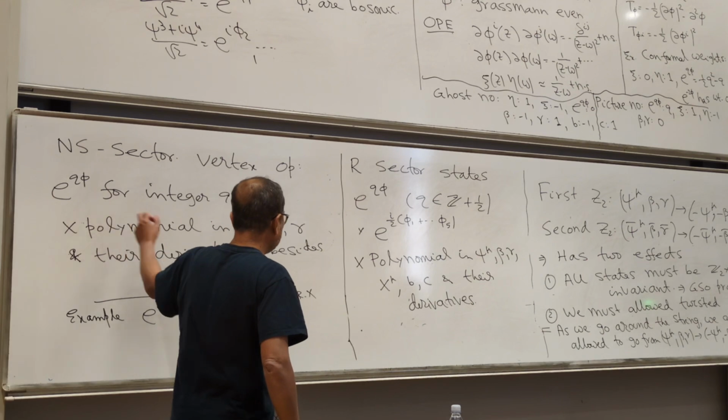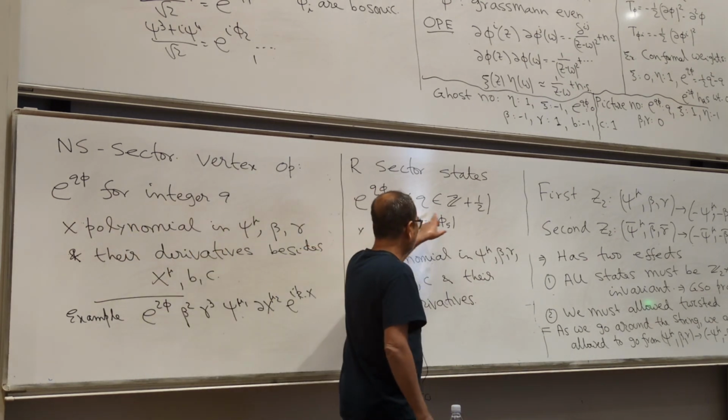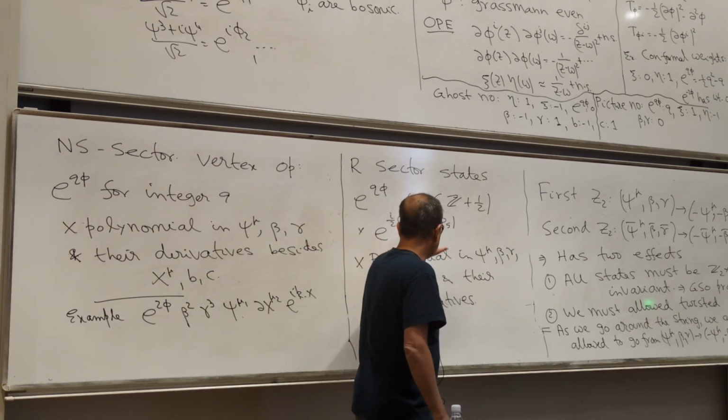Here it was e to the q phi, here it is e to the q phi with q integer plus half, and then also there is